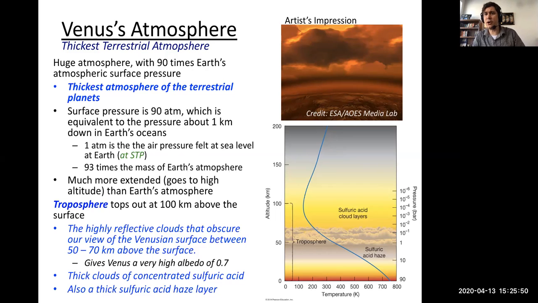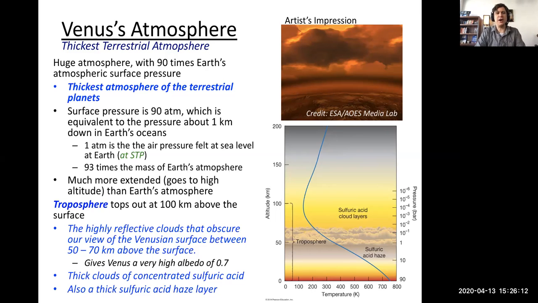Submarines have a hard time diving down that deep because that pressure is so enormous, which translates to how I like to describe the surface pressure on Venus. It's enough that if you're on the surface of Venus, it would squish you flat like a pancake. So much pressure pushing down on you would destroy you.